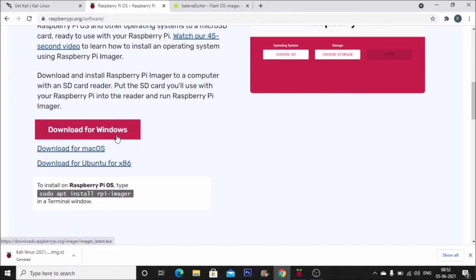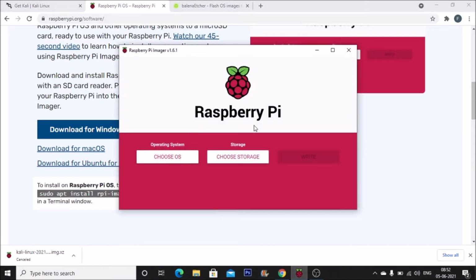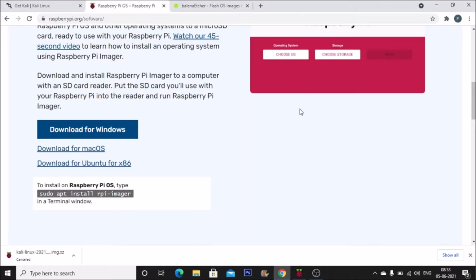Download for Windows, or if you are on Mac OS, download for Mac OS. If you are on Ubuntu, download for Ubuntu. I have already downloaded and installed the Raspberry Pi Imager for my Windows machine. As you can see, this is the Raspberry Pi Imager on the Windows 10 machine. So download the Raspberry Pi Imager and just install it.